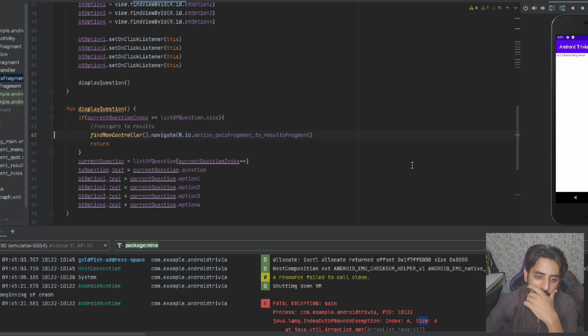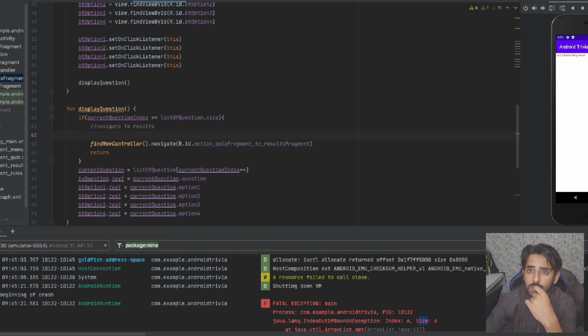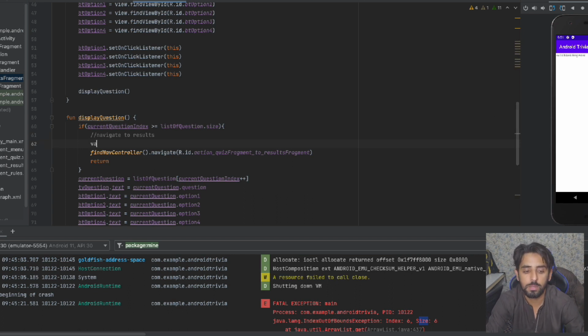Before doing the action, we want to pass some values to another fragment as well. For that, we create a bundle. Normally, whenever you are passing some data from one component to another component in Android, a bundle is used. Even if you are using an intent, which we will be using in our next video, we use bundles. So whenever you pass some sort of arguments from one fragment to another fragment, you use the help of a bundle. And how you do that is, I'll create a bundle,